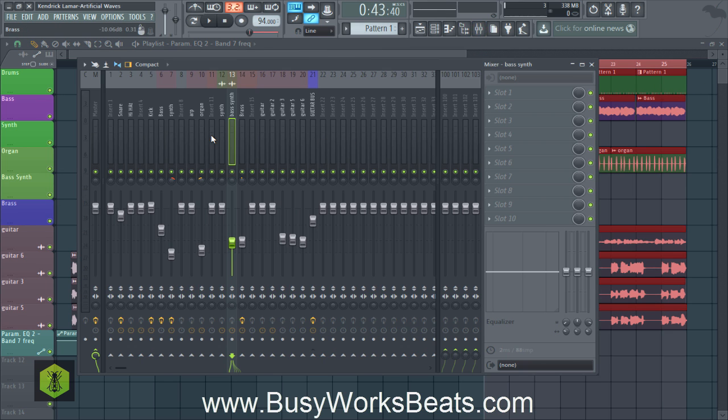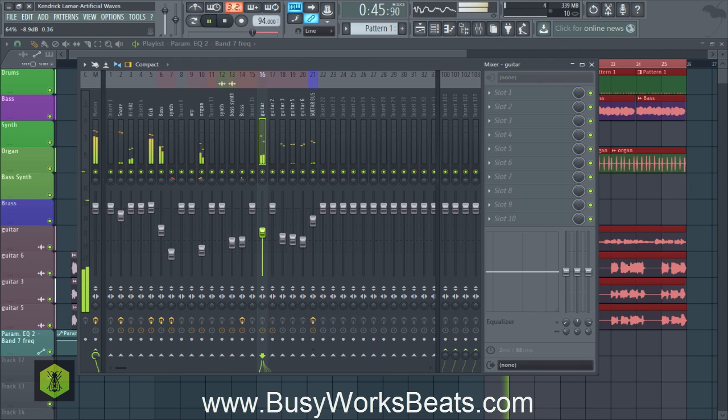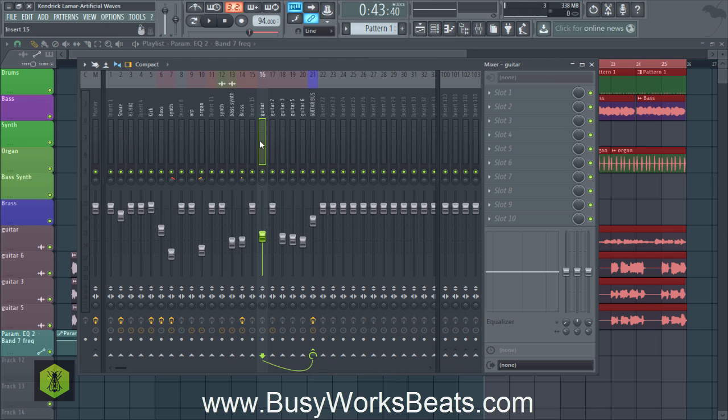Now here's where all the guitars add up. So here's where I'm gonna have to turn down the new guitar inputs, guitar 1 in this case. I'm gonna turn that down. Now remember, this guitar was not added into the guitar group or the guitar bus. So what I can do is just get the level right. I just wanted it to stick out a little bit. So once it's set, then we're gonna right click the guitar bus down here, route to this track only, boom. Now that guitar is added to the guitar group or the guitar bus, and now it has the same effect. So now let's hear it.